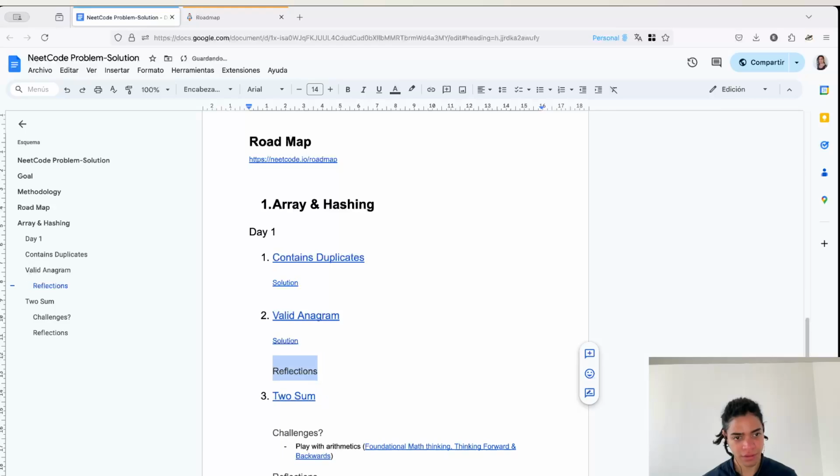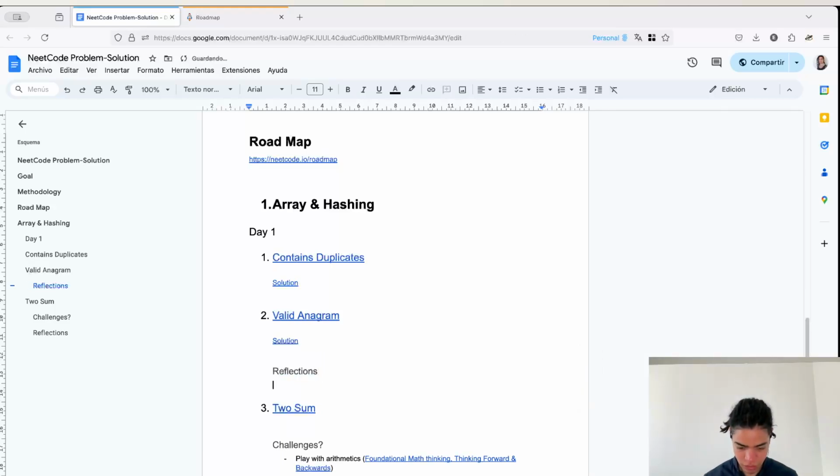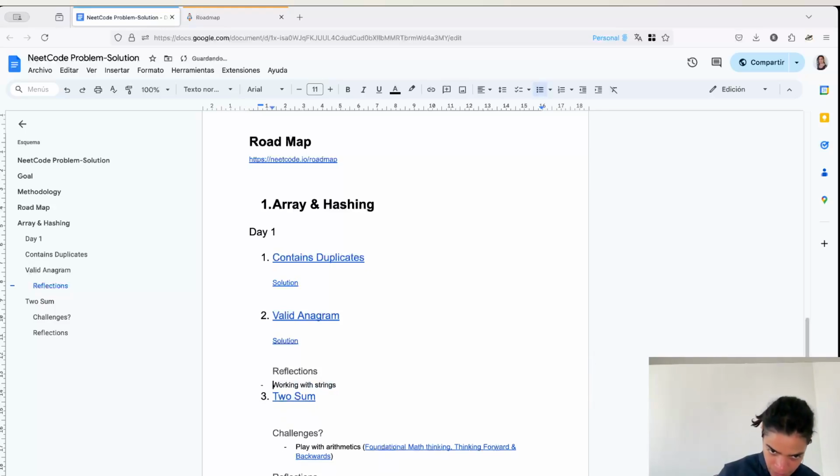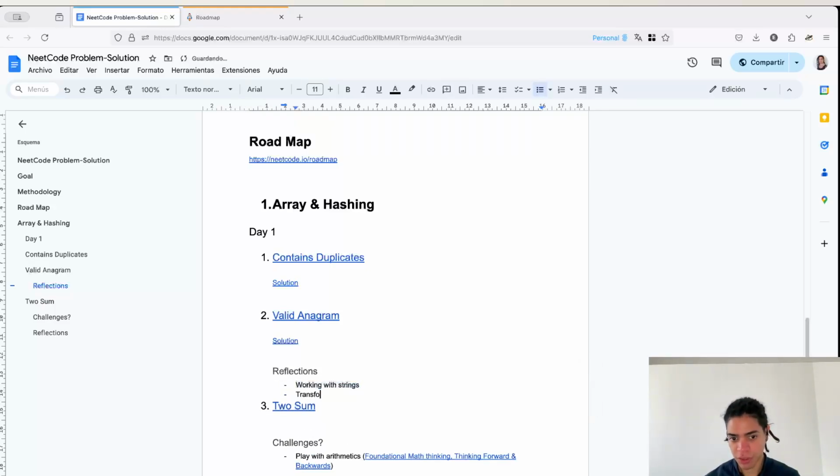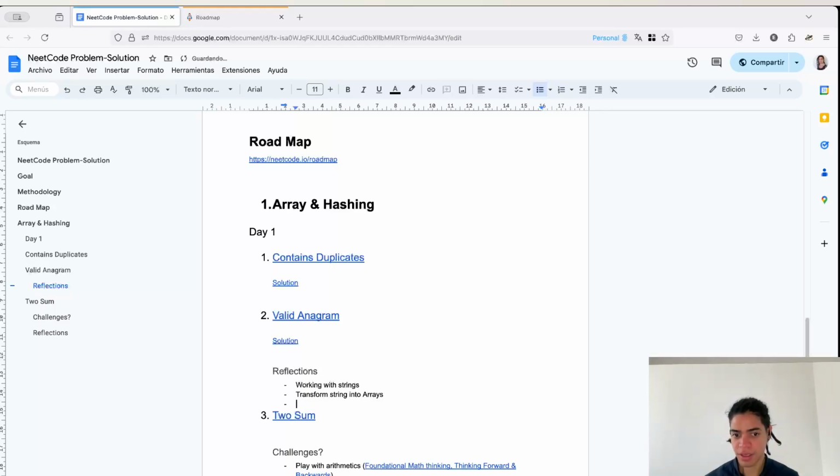On reflections: working with strings, transforming strings into arrays, and then sorting arrays with the built-in function, sorting an array of strings, characters specifically,